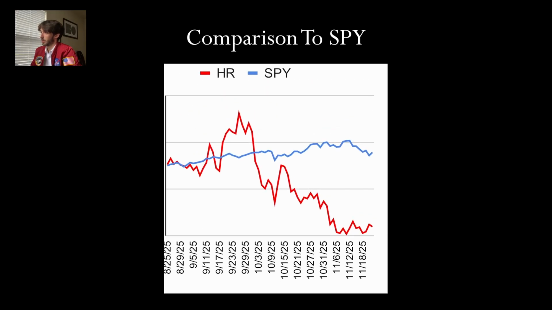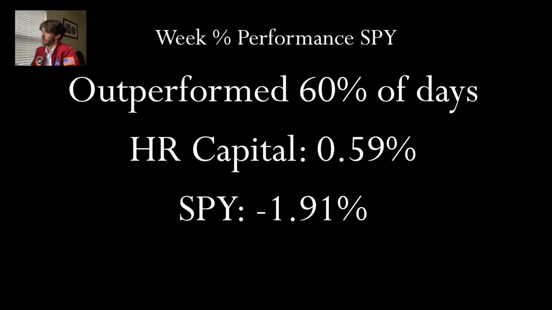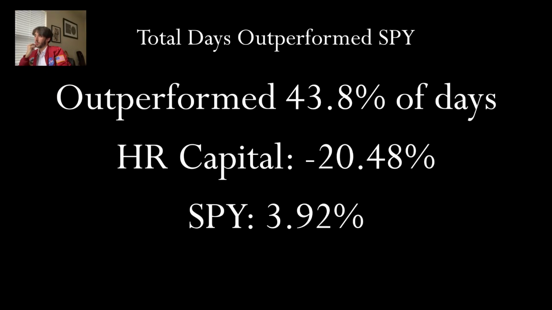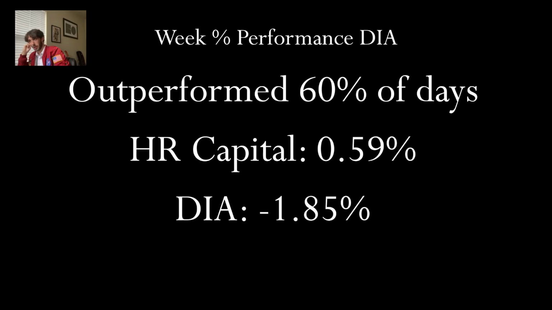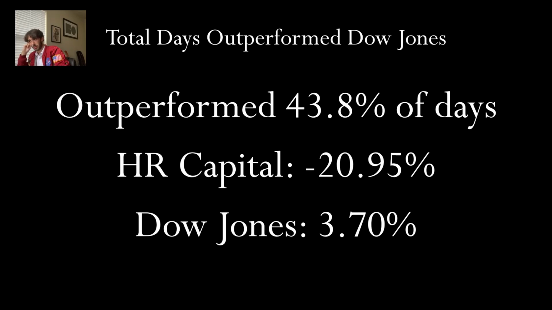But here we have SPY, and SPY is 0.16 this week, and negative 1.9. So it didn't quite fully get -2%, but it was really close. And on Friday, it was losing a lot. It did recover, but it would have been close to -3 actually. Over here, you have SPY overall at 4.38% and almost 3.9, so it is outperforming the Nasdaq. Dow did pretty good. It still lost around -1.9, but it's at 3.7% overall.